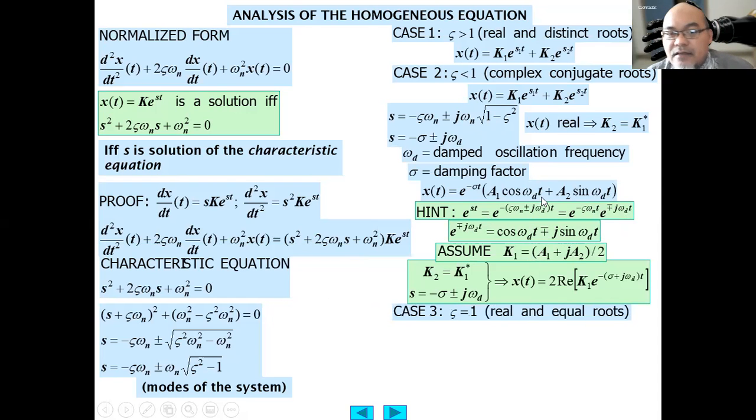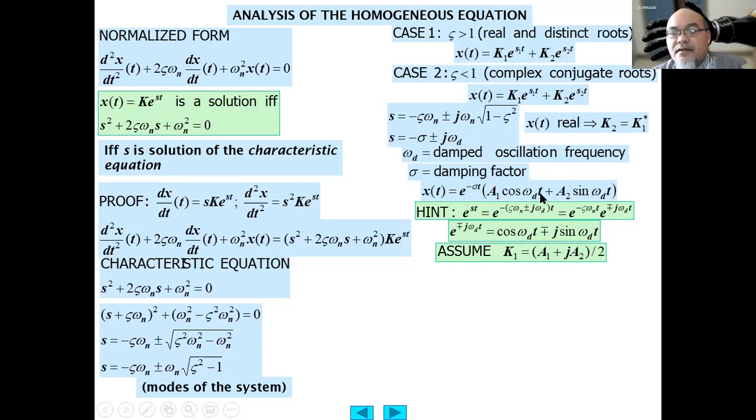So from here we obtain the general solution of x(t) equals exponent minus sigma t, where zeta omega n is sigma, multiplied by a1 cosine omega d t plus a2 sine omega d t,